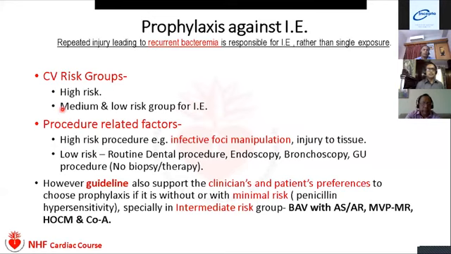There are 2 risk groups. One is the cardiovascular risk group, another is the procedure-related risk group. The cardiovascular risk group is the high risk group, which I have already described. Another risk group is the low or intermediate group. The intermediate group includes